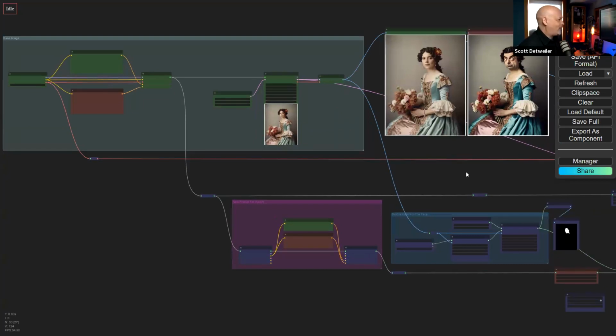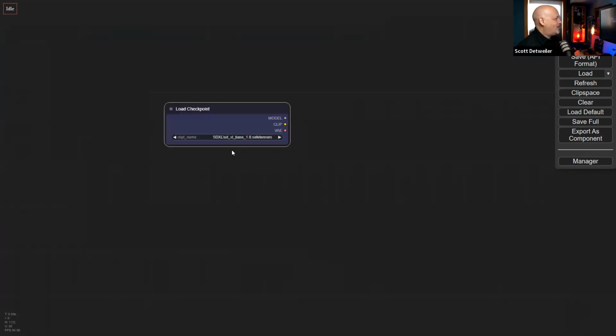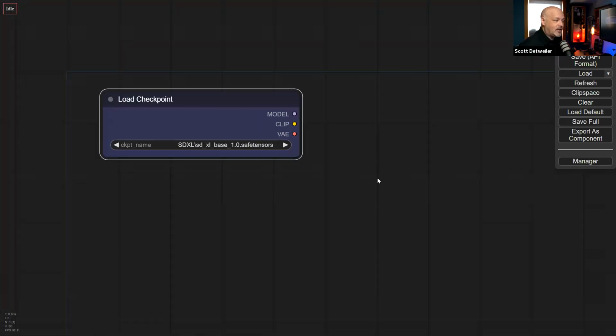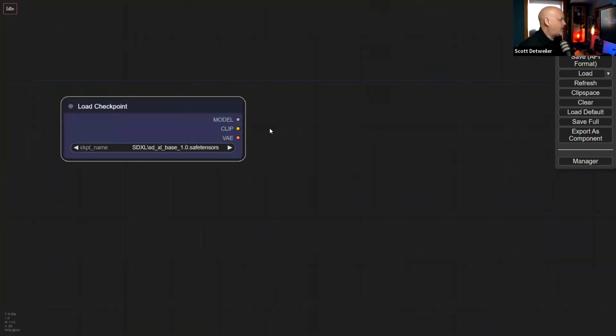Let me start with a more basic workflow. We'll go from there. So Comfy basically starts out with loading a checkpoint, just like you would in Automatic 1111 or something else. And then from here, we basically take these nodes, and they're color-coded to help you keep track of what's going on. But if we pull this out, it'll guess at what we're trying to do next.